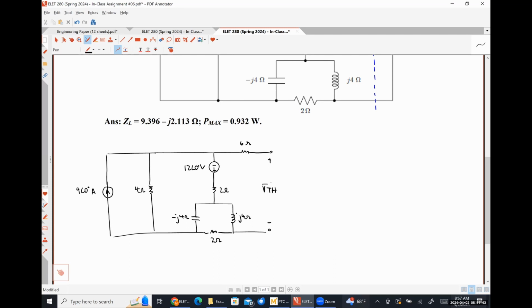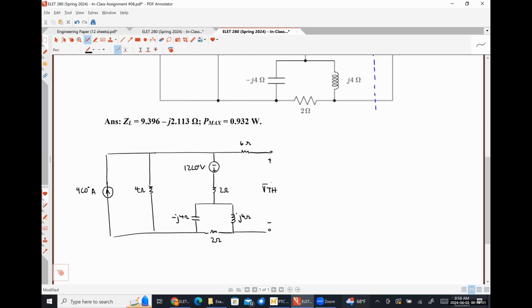It's parallel for this going across. So we could do mesh. I think personally, if we did mesh, I can see 3 mesh currents right now. Let me just look as far as nodal analysis is going to go. So I see one big node at the top. Yeah, okay, I guess mesh will be